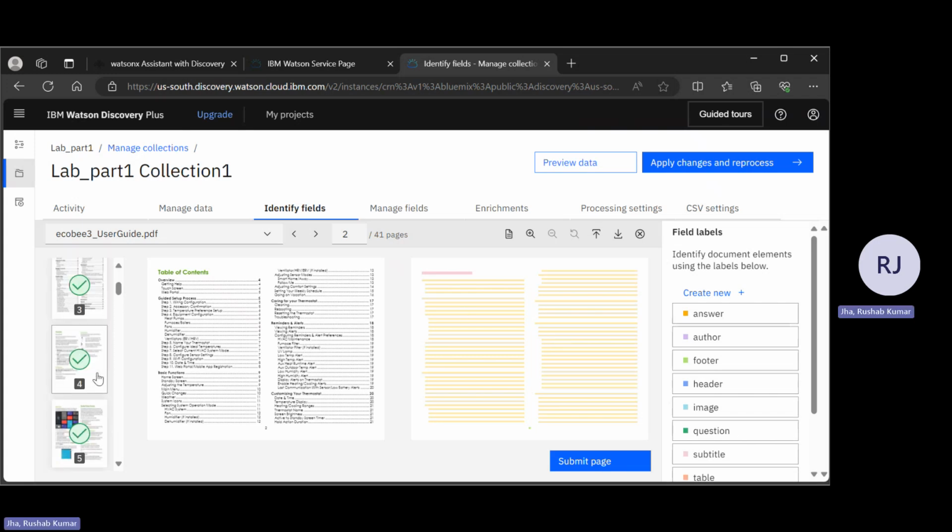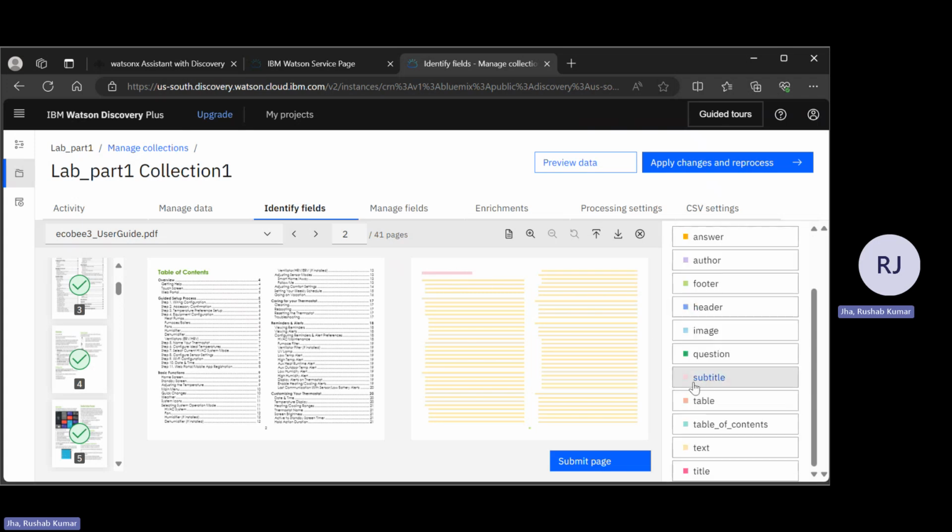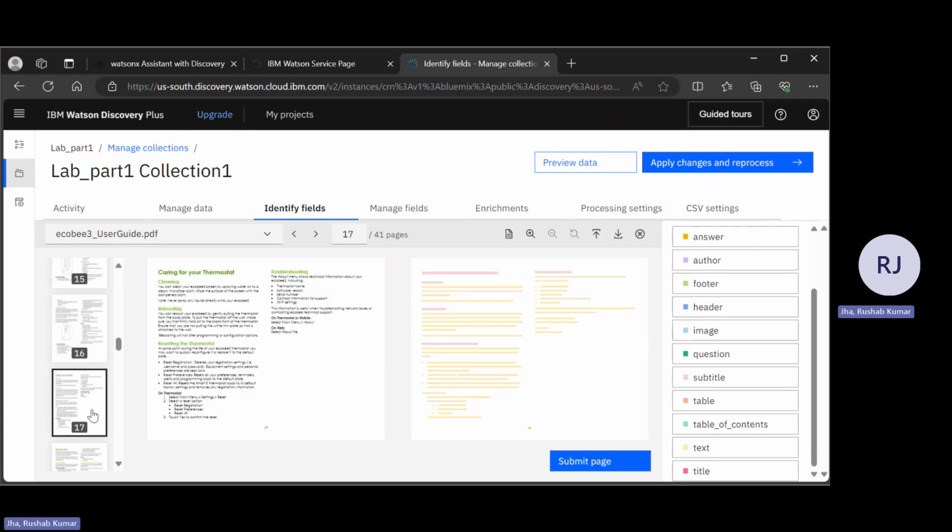You can see over here that I have defined it like this: this one is your subtitle. The color defines the title type that I've chosen from here. And then there's a text part as well. So like this, I have done this for the next 13 pages. And miraculously, after the 13th page, let's say for the 17th page, if I go, it's able to extract the information and define the text as per my need.